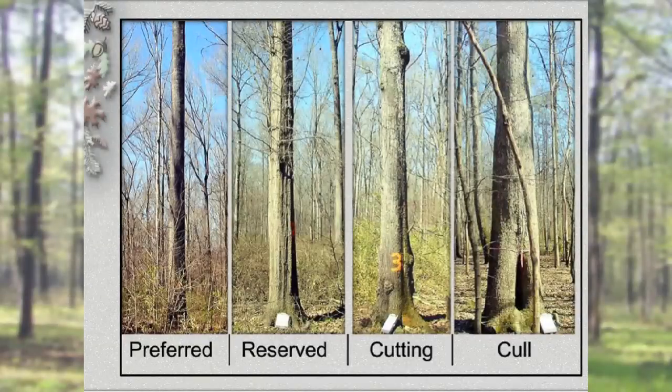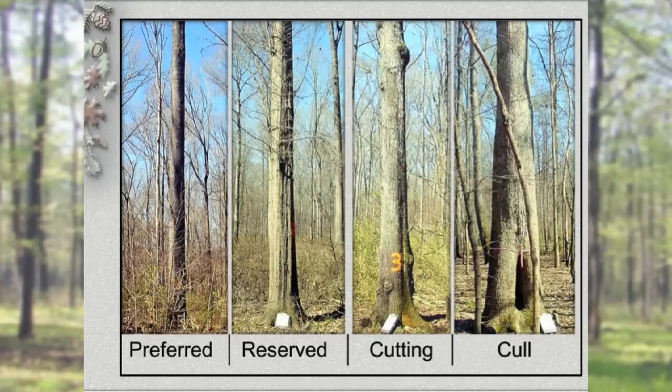If we looked at them actually in a picture, we can see the preferred trees. Again, very high quality, very, very clean bole, no limbs on the bole, very high return from that particular tree. Reserve tree, you notice that there are branches in the lower log length of it. These epicormic branches will take time to actually heal over and produce a quality tree, or move from a reserve class over to the preferred class.